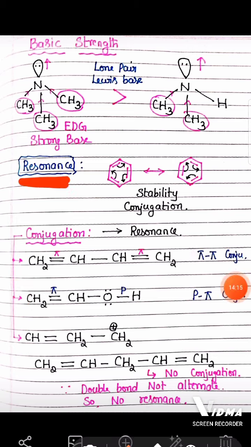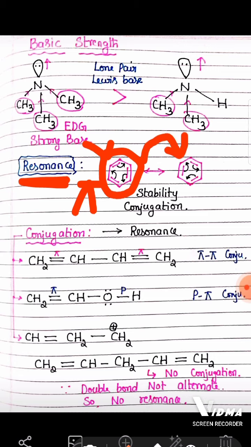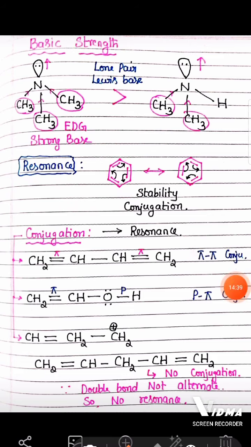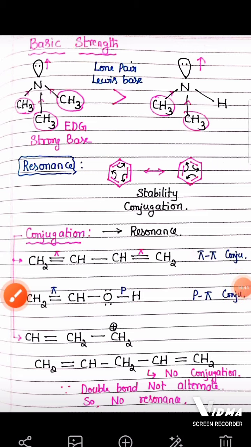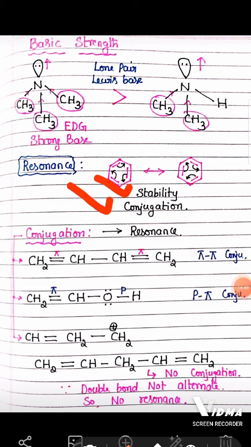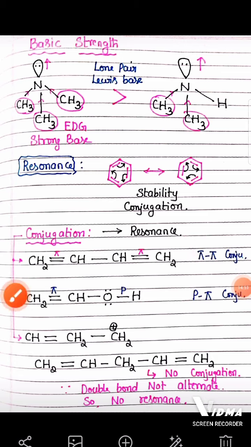Let us come to the resonance concept. Here you can see the structure of benzene, and in benzene we can find there is a delocalization of pi electrons. You can find the shifting of pi electrons. You can see the arrow marks here. Because of the shifting of those pi electrons, we can find this structure of benzene. And here again, rearrangement of those bonds converts this benzene ring to this. So this process continues. You can find the interchanging. That is considered resonance, and wherever we find resonance, there will be more stability, and that shows conjugation also. So resonance makes the compound more stable.